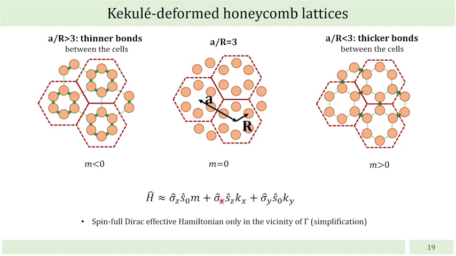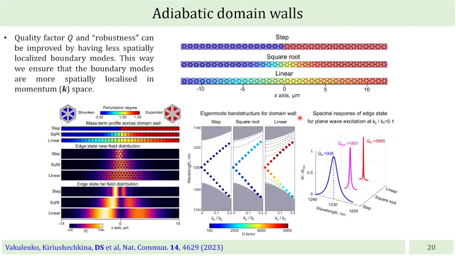Hamiltonian language. The majority of papers were focused on the domain wall created by inversion of the sign of the mass between the domains of shrunken and expanded hexamers. But we can take a different approach. We can take an adiabatic approach to the design of topological photonic interfaces, and I will show why this can be useful. So if we use a conventional step-like mass profile, the edge states would be exponentially